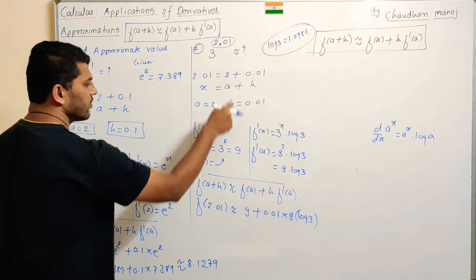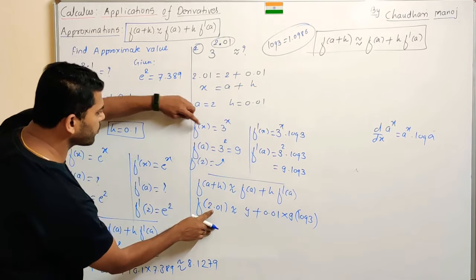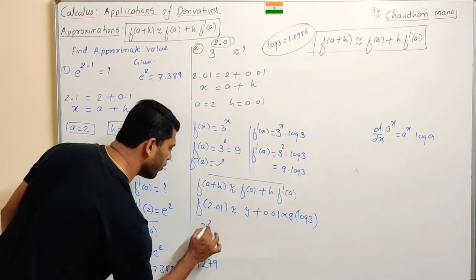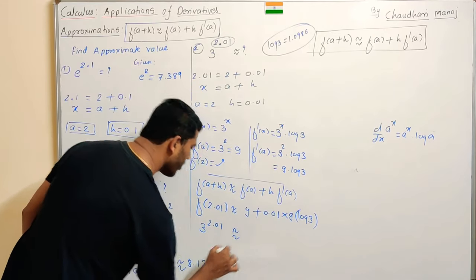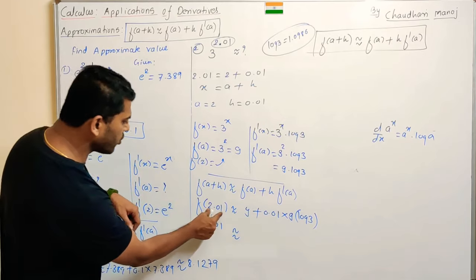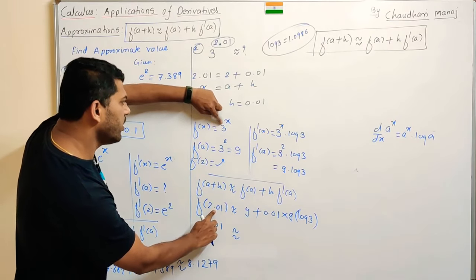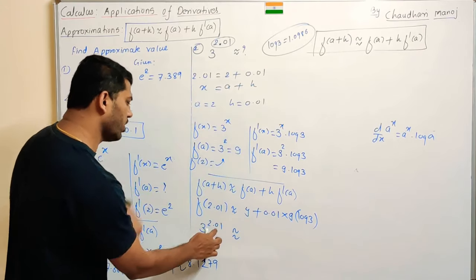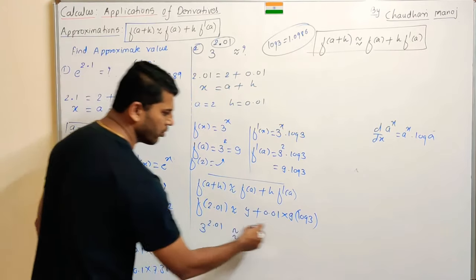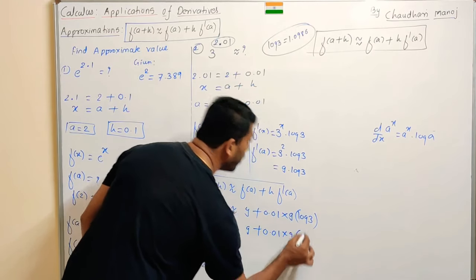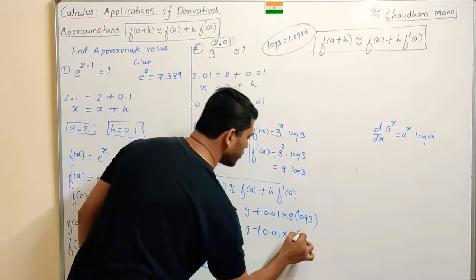So this is the function, and if you substitute 2.01, that is nothing but 3 raised to 2.01. Symbolically, maths is a symbolic language. Try to crack the symbols. So function of 2.01: if you substitute 2.01 here, this is 3 raised to 2.01. So 3 raised to 2.01 is equal to, if you solve this one, 9 plus 0.01 into 9 into, they already provided the log 3 value, substitute over here,